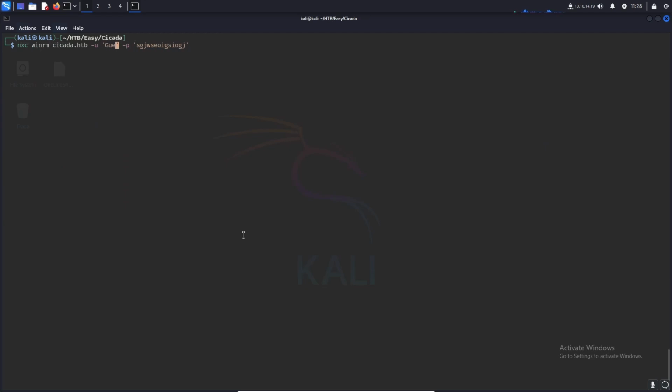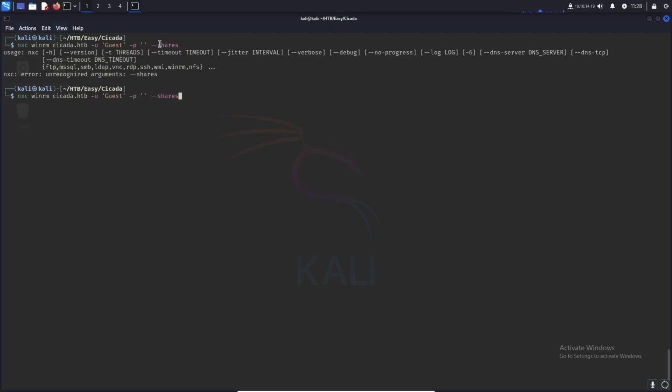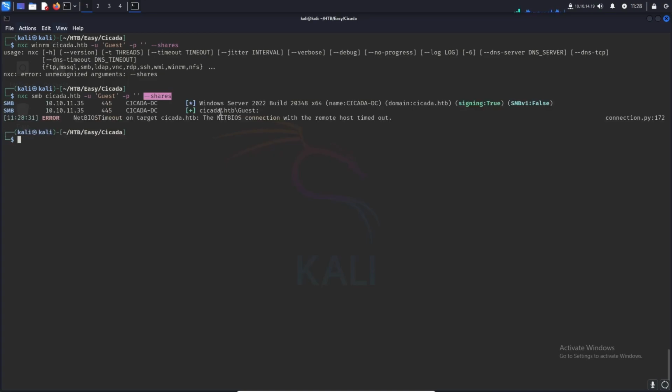We can change this to guest, change the password back to this, and add --shares. Let's change WinRM to SMB. This will show us the shares on the box. We saw that SMB was open, and we can authenticate, so let's connect to that share and list out